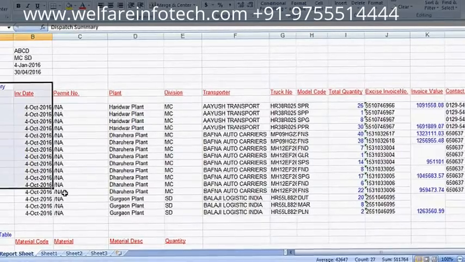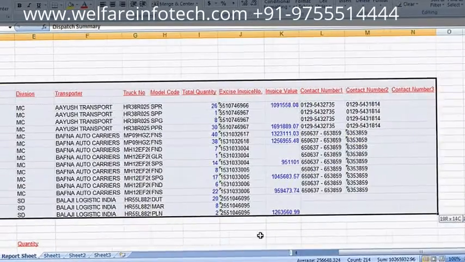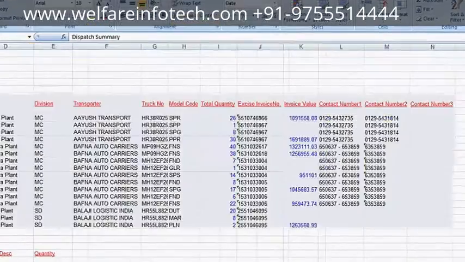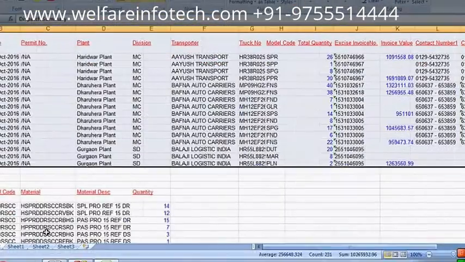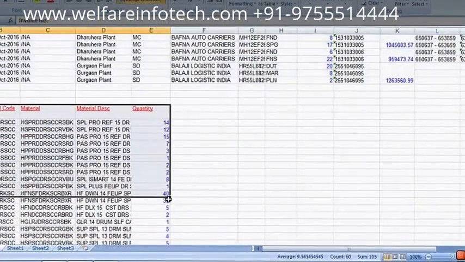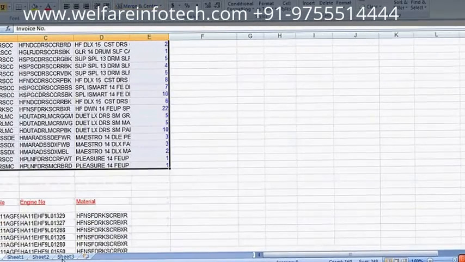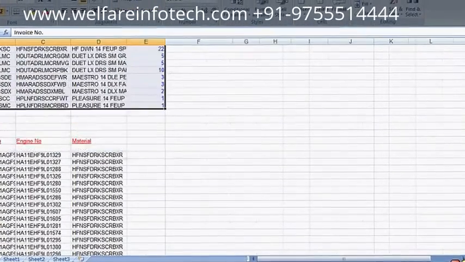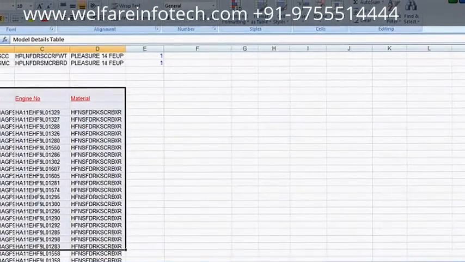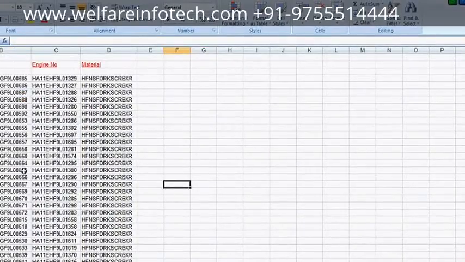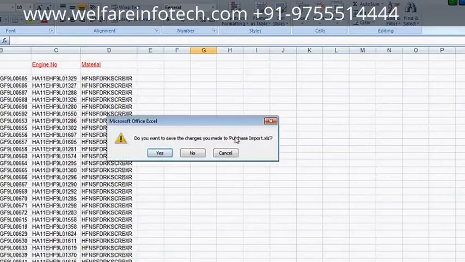They have to simply copy this dispatch summary to sheet 1 and that invoice details to sheet 2 and the third part, model details table, to sheet 3. Simply they have to do this and now you can close your Excel file.